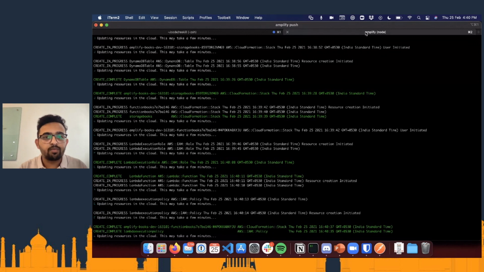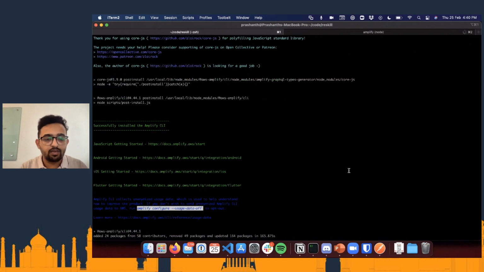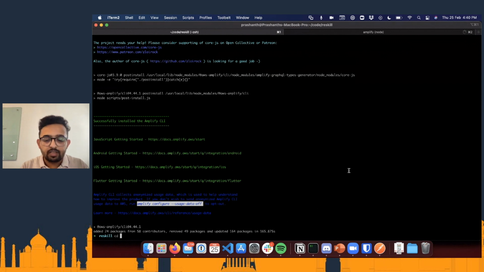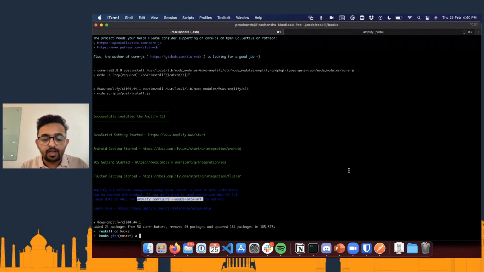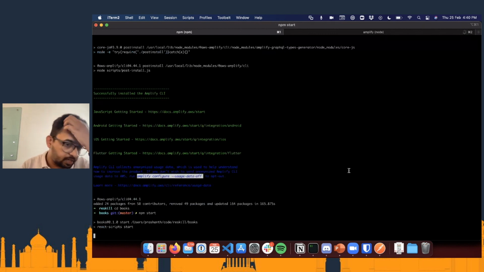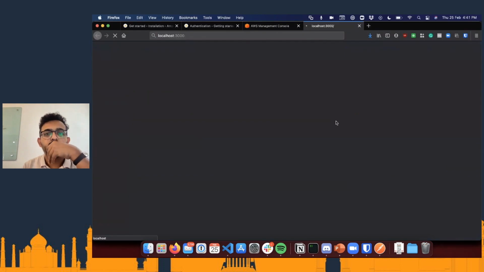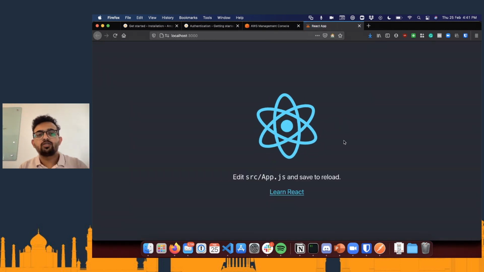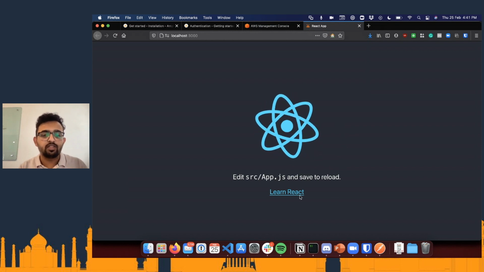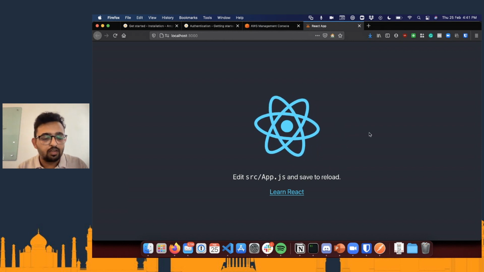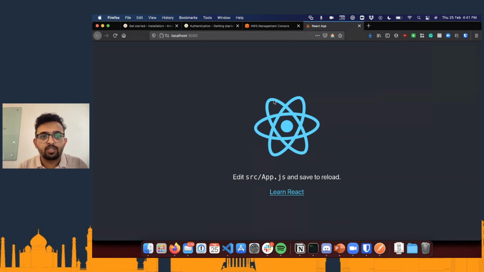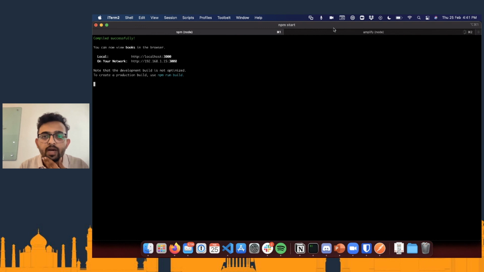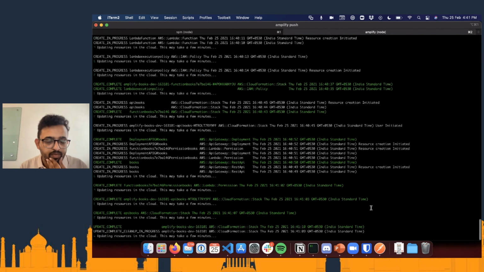While this is happening, what I am going to do is quickly show what is there in our React application. Basically nothing. So let me open this and do npm start so that we start our React application. Yeah, so it's just a boilerplate React application with nothing in it. It just has a revolving React logo in it, so nothing much here. So let's go back and see where our stack is.